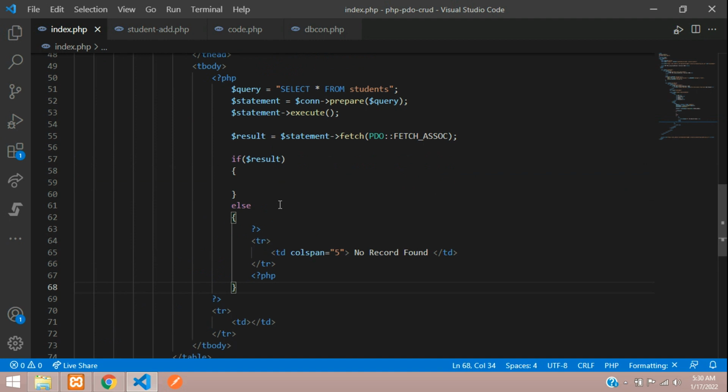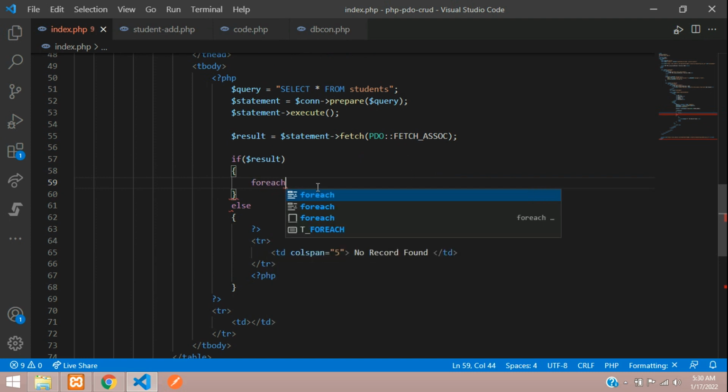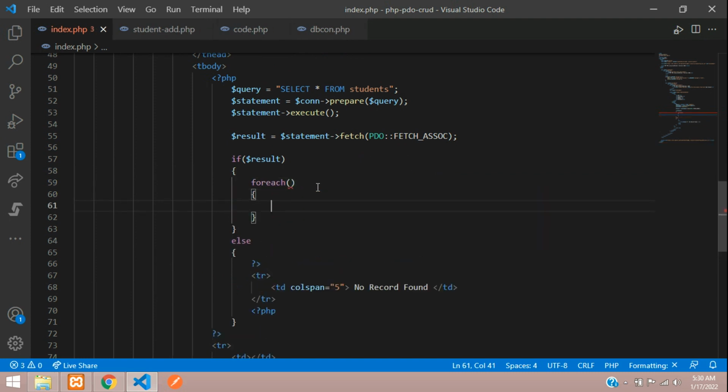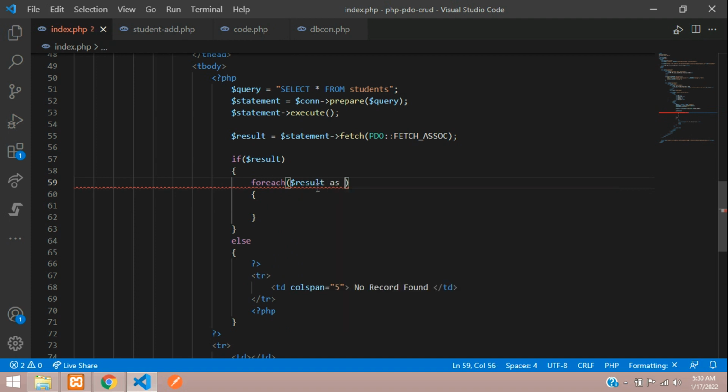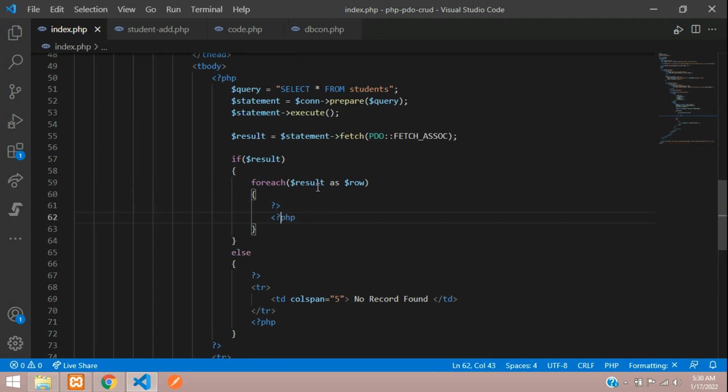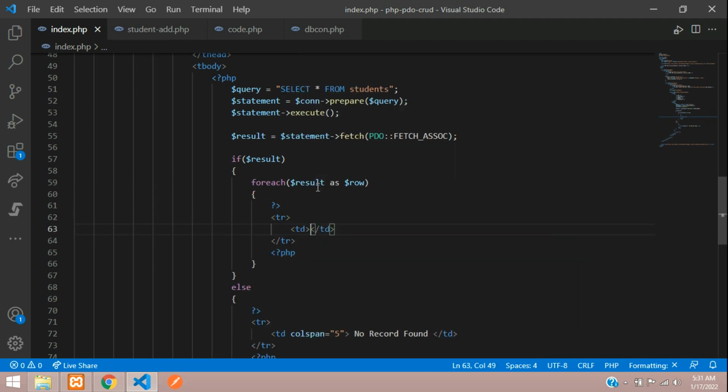So now guys, if the result is found, just loop that. So let's loop using a foreach loop, open and close, where $result as $row. So here let's close PHP, open PHP, and yep guys, let's begin with table row, table data, where we will